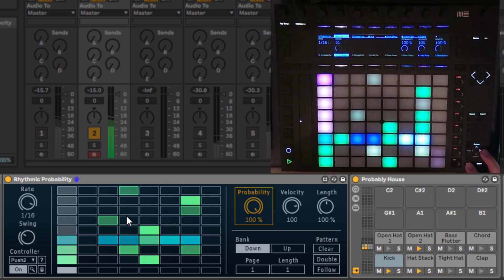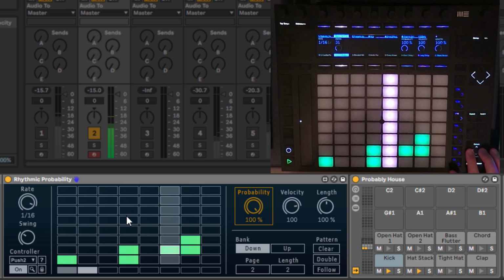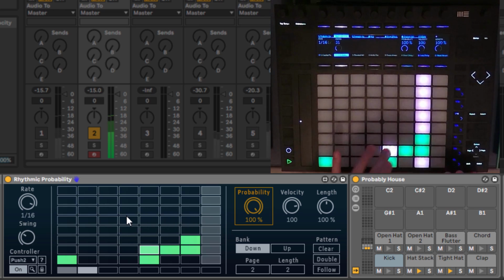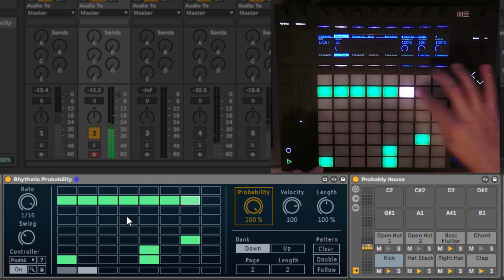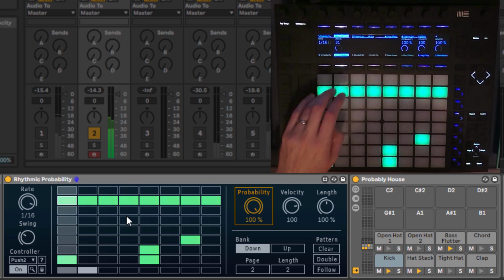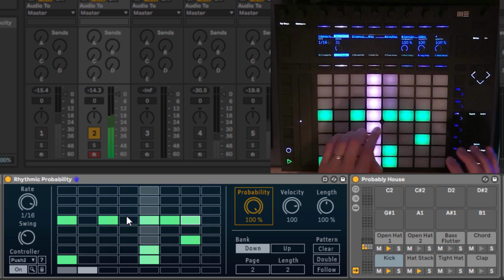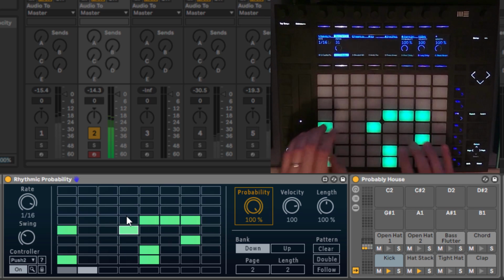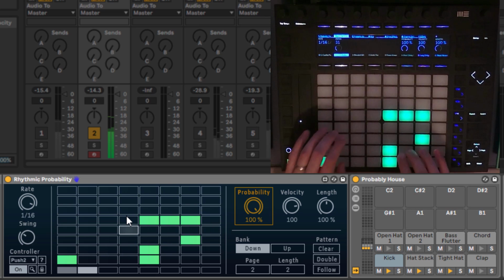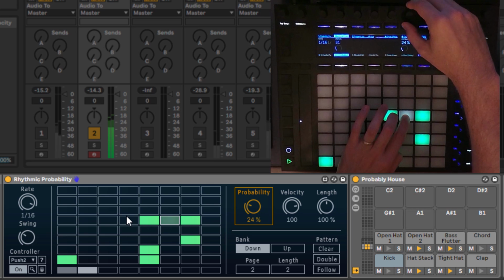And if you hold down Shift and press page, that'll add that page in. So now if we adjust the probability of these steps,